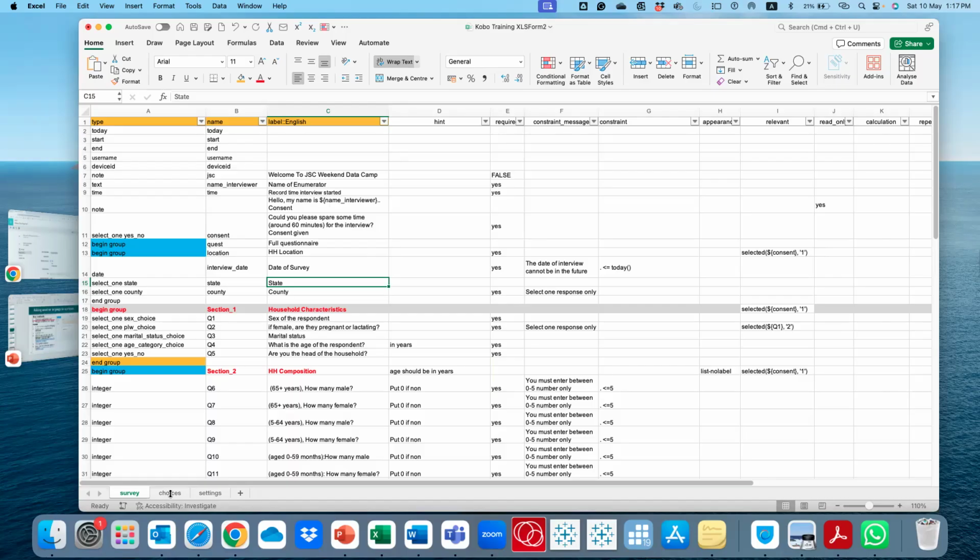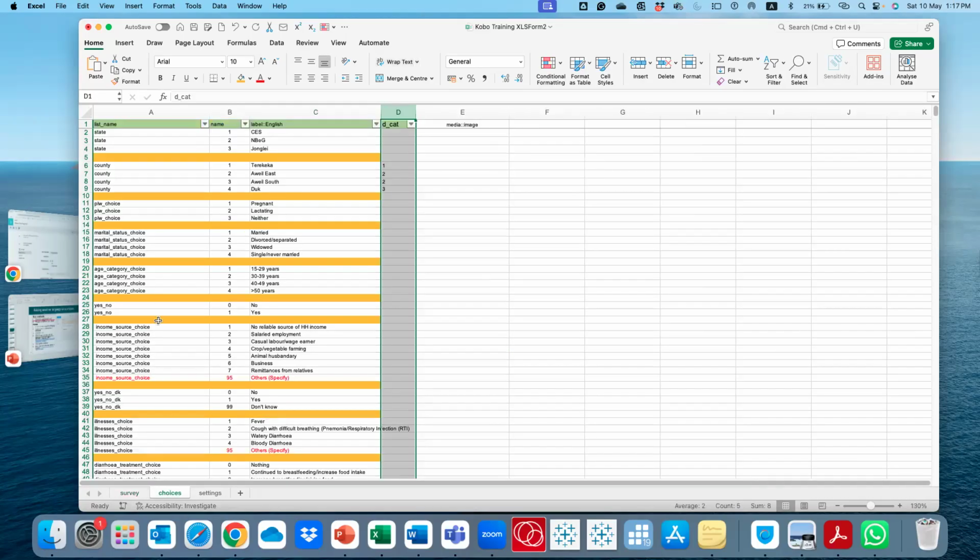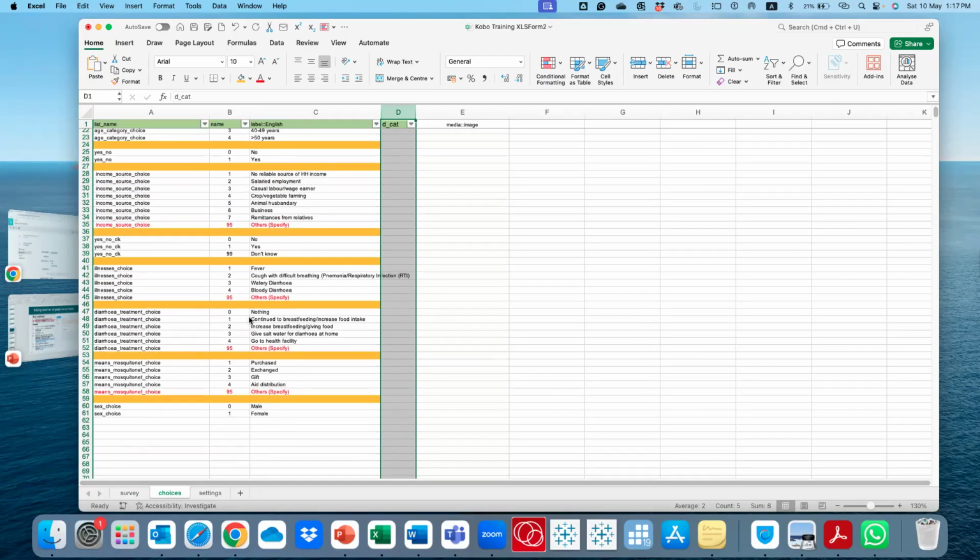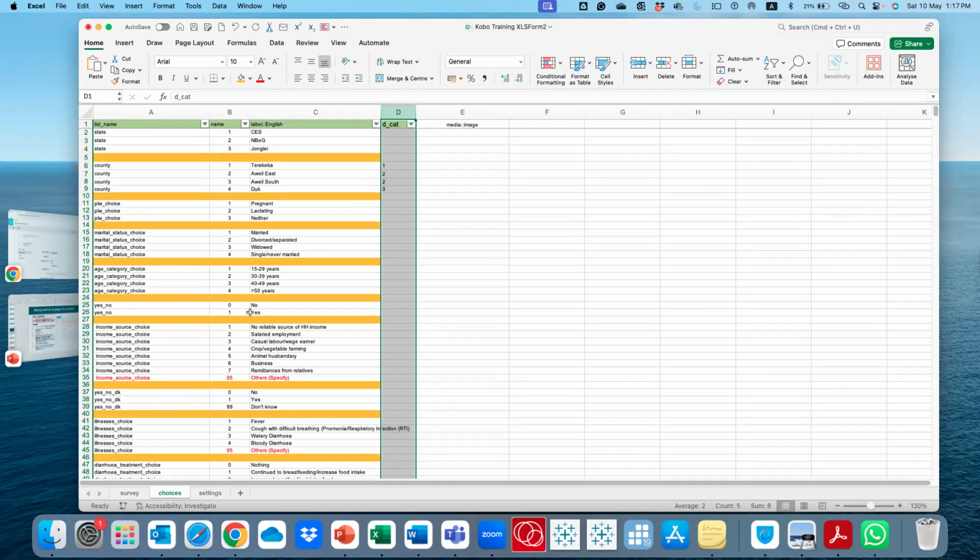So where you have many options, whether it is select one or select multiple, for each of them you have to put the options into the next spreadsheet. So this is the choices sheet. It has three columns, though you can have many more than that.